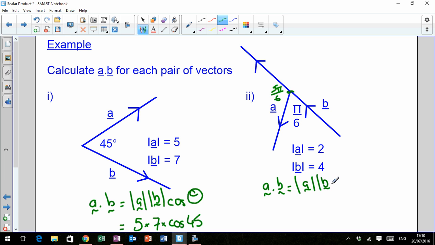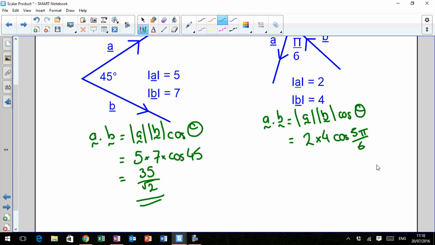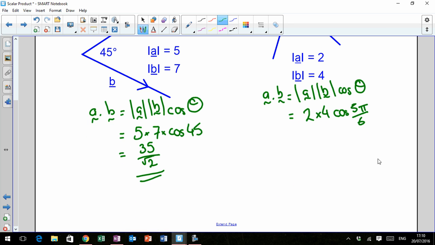Okay, now the formula is going to be exactly the same. We're using A dot B is equal to magnitude A, magnitude B cos theta. So it's 2 multiplied by 4 cos 5 pi over 6. Okay, now I'm going to do a little bit of working at the side here. Let's do cos of 5 pi over 6. Well, 5 pi over 6 is 150. So I know that's going to be in the second quadrant where cos is negative. So cos 5 pi over 6 is the same as negative cos, and that is 30 degrees back, or negative cos 30, which is